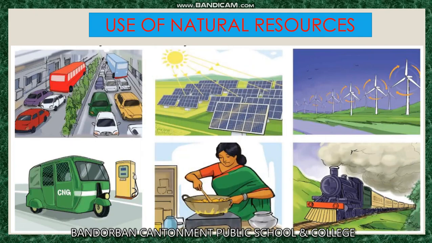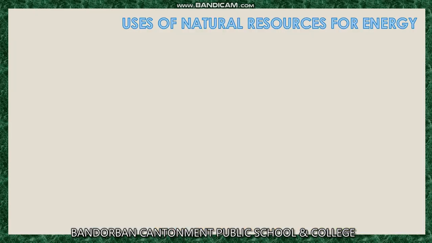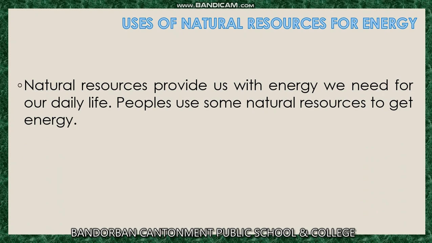Look at the picture. These are vases and cars, a solar panel, a turbine, a CNG taxi, and cooking. These are some uses of natural resources in our daily life. Use of natural resources for energy: natural resources provide us with the energy we need for our daily life. People use some natural resources to get energy. We continuously use some natural resources for energy, like